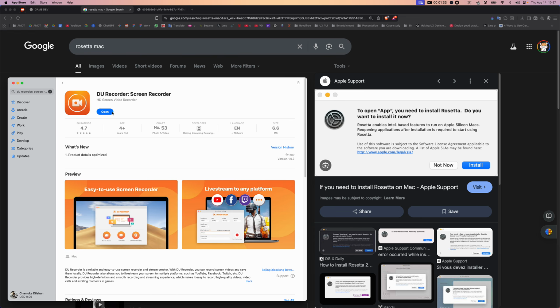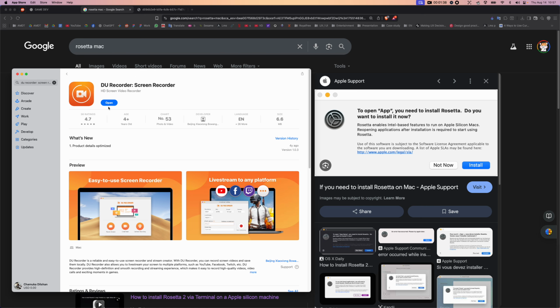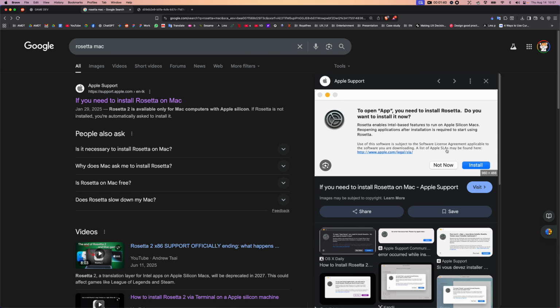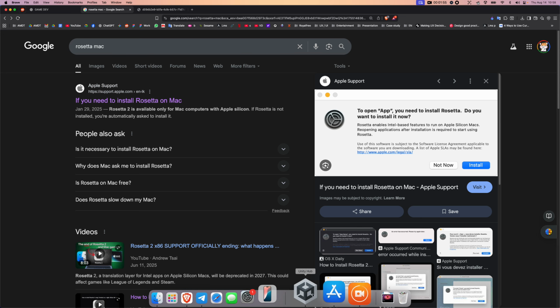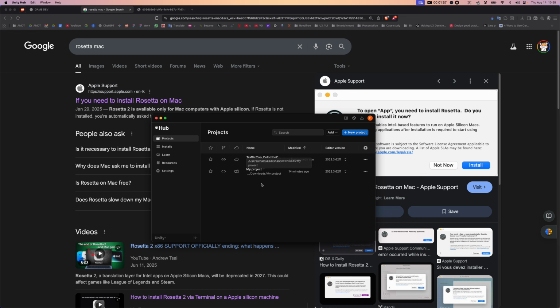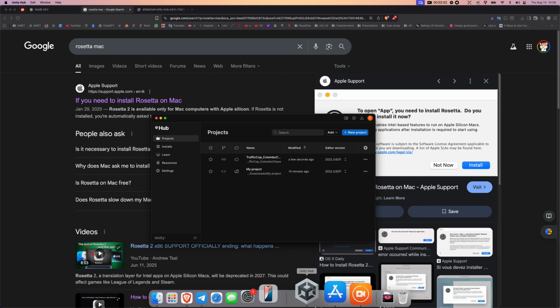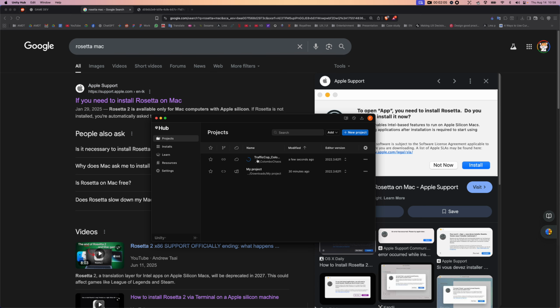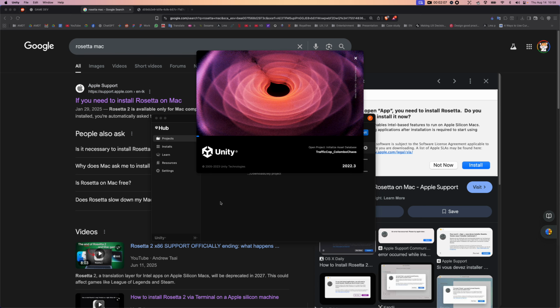So after installing this, when you open it the first time on your MacBook, you will get a pop-up like this. You just need to tap on this install button, and everything will install automatically. After that you just need to go to your Unity Hub. Maybe you can restart the Unity Hub, and after that just open your project, and trust me,